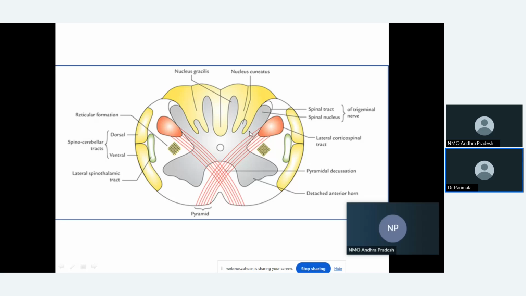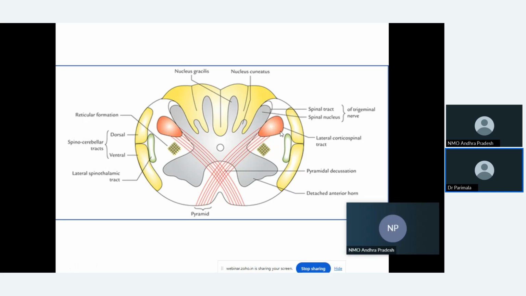The spinal cord has a posterior horn and an anterior horn. But here we are seeing two extensions from the central gray matter towards the posterior horn. The central gray matter is extending posteriorly as two more projections. They are nucleus gracilis and nucleus cuneatus. This is one peculiarity. The other peculiarity is that the white matter fibers from the anterior aspect, that is from the pyramids, are decussating dorsolaterally and resulting in the formation of the tract called the lateral corticospinal tract.